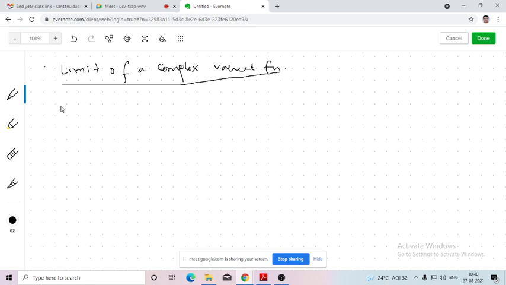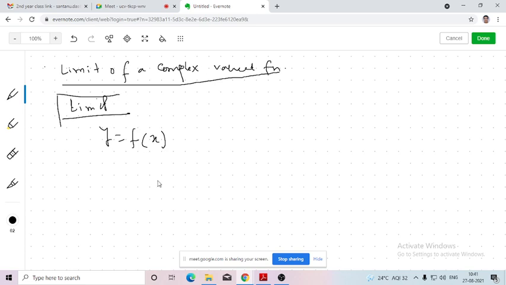Oh, okay. Before that, I want to discuss what is the significance of limit. While we will be discussing the limit of a complex valued function, before that I want to discuss the limit for a function of one real variable. Already you have studied it in class 11 and how to check the existence of the limit and calculate it, and we studied it in first semester for multivariable calculus. You have calculated a lot of things in class 11 for your board examination, for JEE examination. But I want to ask, why do you find the limit for a function? What is the significance of finding out the limit?